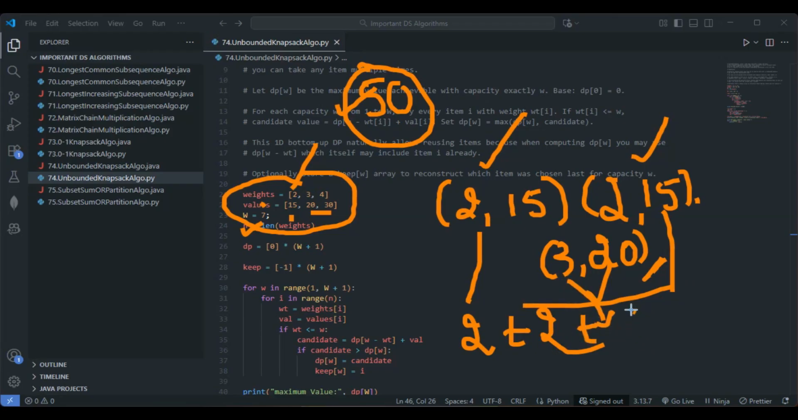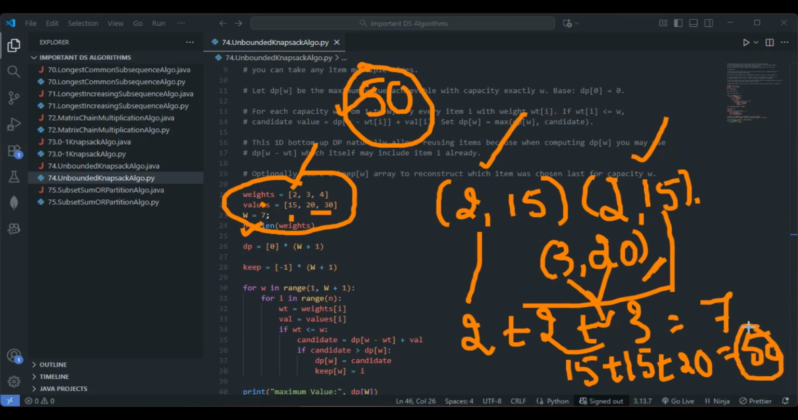So this one will be 2 plus 2 plus 3, that will lead to 3 4 5 6 7 actually. So the total value would lead to 15 plus 15 plus this one, what do we call, 20, that is equal to 50 itself, right? So let me write it over here, 50. Yep. So now